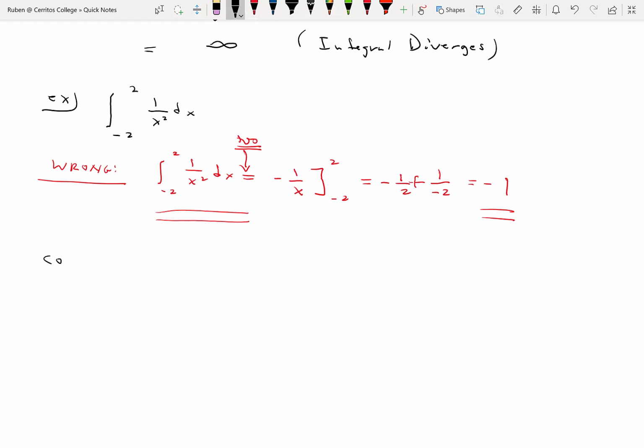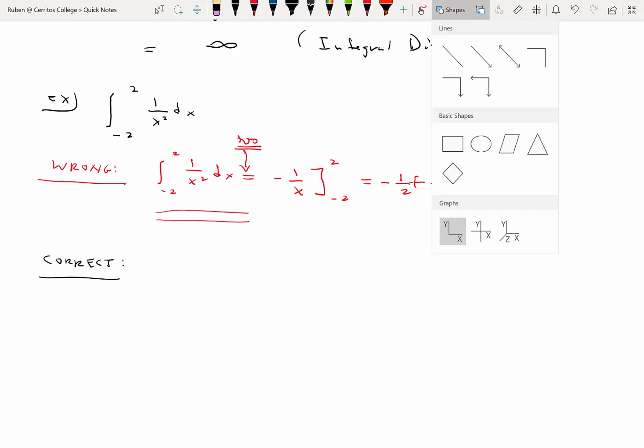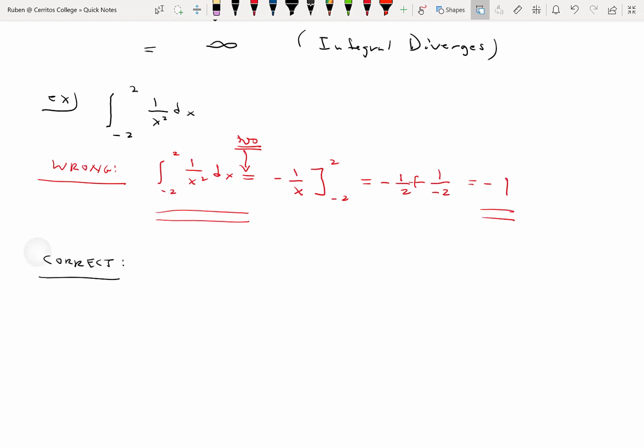The correct way to do this is to first recognize that this integral is in fact improper of type 2. The function, again, 1 over x squared